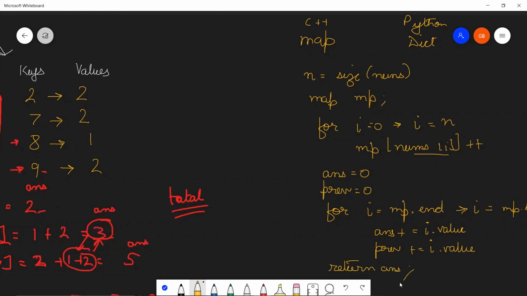So I hope the explanation was clear to you, and I hope you were able to write this code on your own. In case you needed to take help from the pseudocode, it's not a big deal. This was a pretty basic and small code for you to go through.